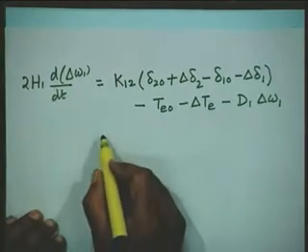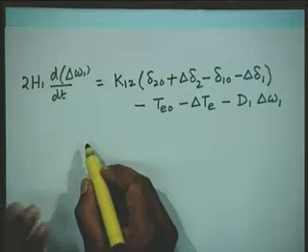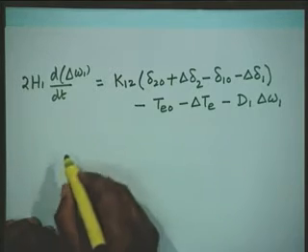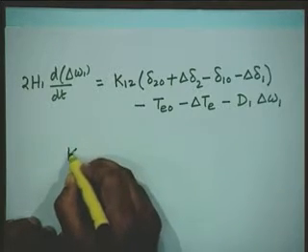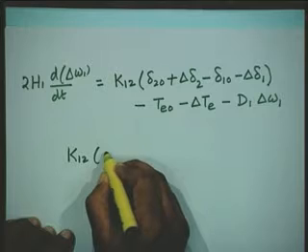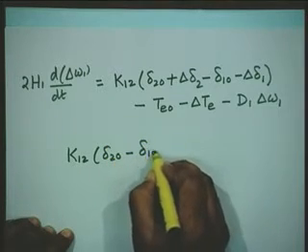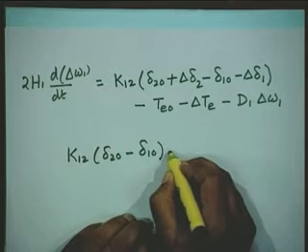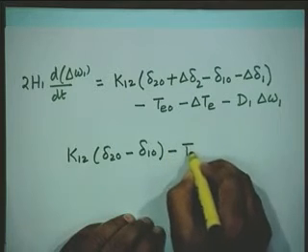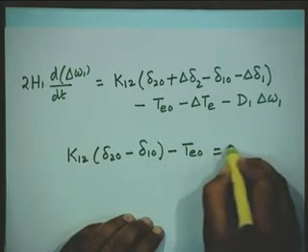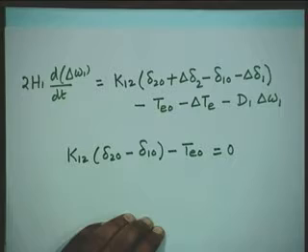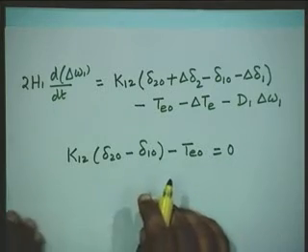Okay. Now, in this equation under steady state condition, K12 (delta 2O minus delta 1O) minus Teo equals zero under steady state condition. Therefore,